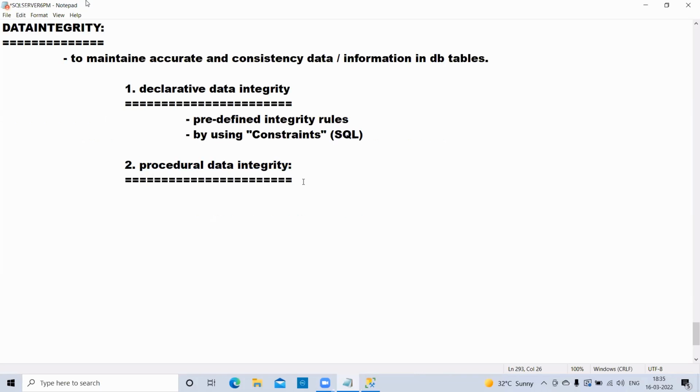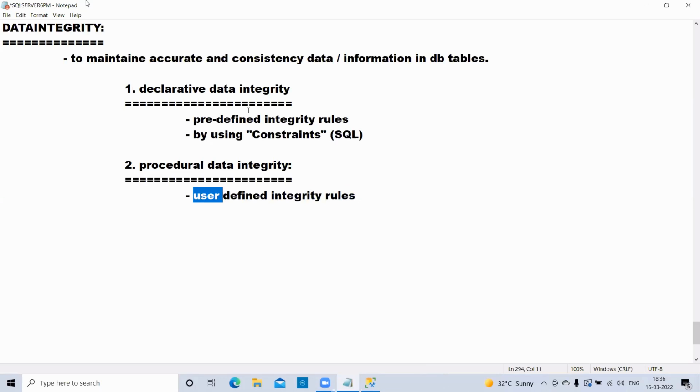This technique is called user-defined integrity. That means the integrity rules I prepare here are prepared by the user itself. So as per my requirement, I can write my own logic, and with the help of that logic I can